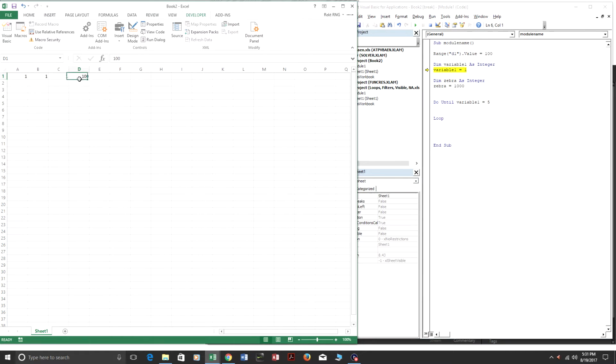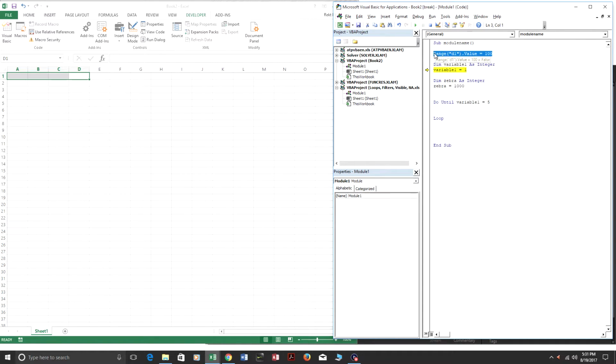In case you're unsure of range formulas, I'll explain that a little before actually going into this loop. But so I'm just going to make a Range A and variable 1 dot value equal to 1000,